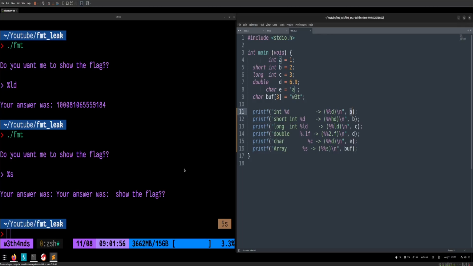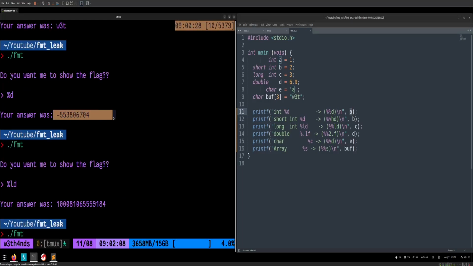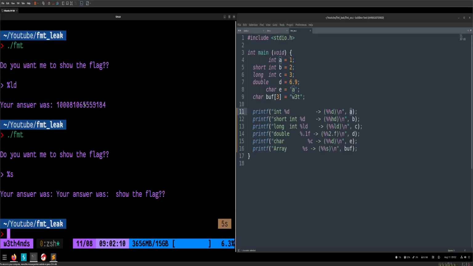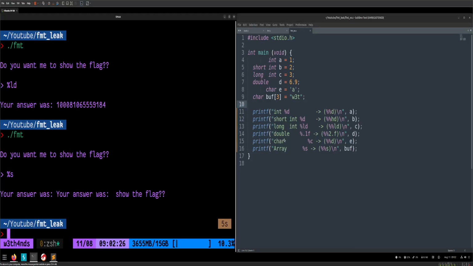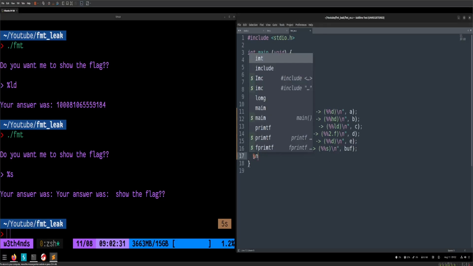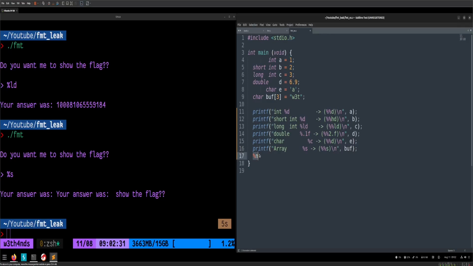So as we saw when messing around with the formatters, we got some random values, some big integers, some strings, and some other values, integers. What else could we do here? For example, okay, we saw these formatters, but there are also some other really important formatters we can abuse. The first one is %n, which we're not gonna showcase in this example,